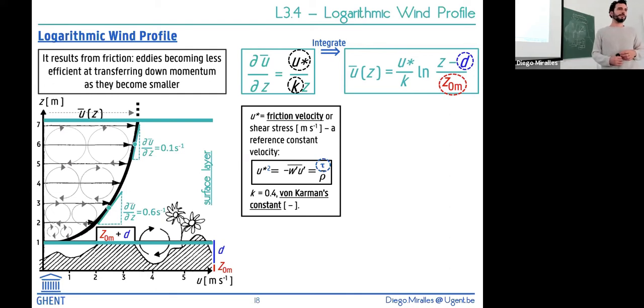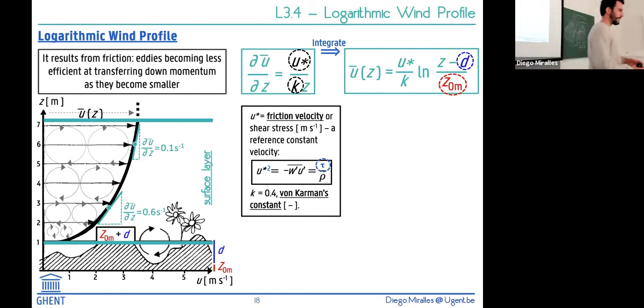So if we want to know that, we have to integrate, right? So we integrate, and if we integrate this, well, this is a constant, this is a constant, so they both come out here, and then you end up with the integral of 1 divided by zeta, which is an apparent logarithm of zeta. And if you are actually integrating between two heights, the bottom at which the wind speed is 0, so that simplifies a lot, and the top, then you end up with the logarithm of zeta at top minus bottom. And I'll tell you what those are in a second,